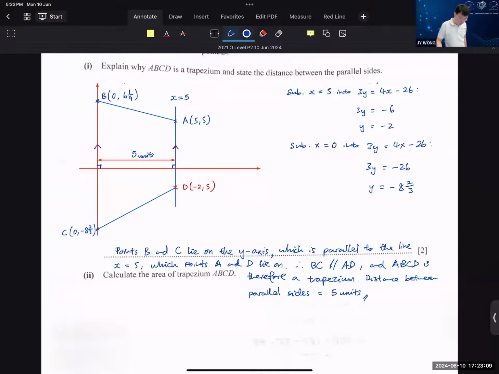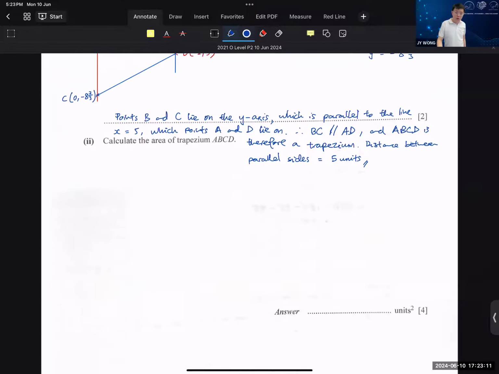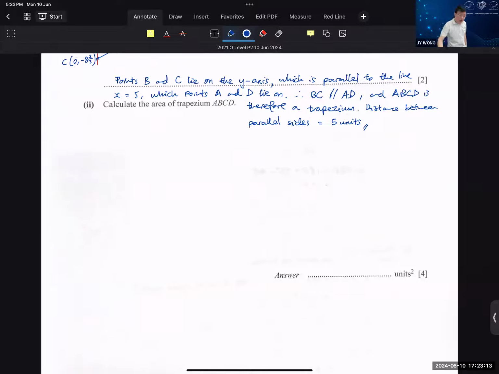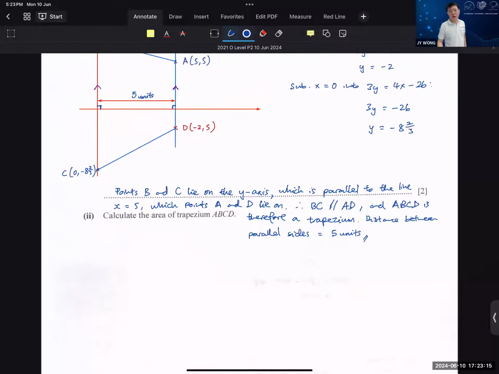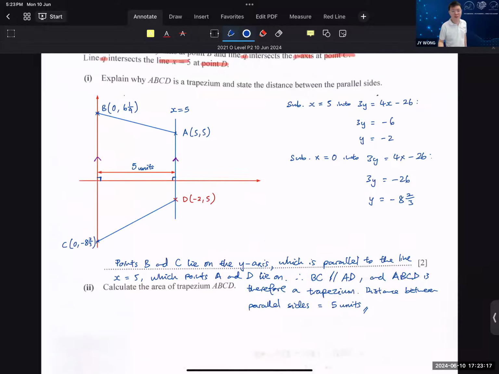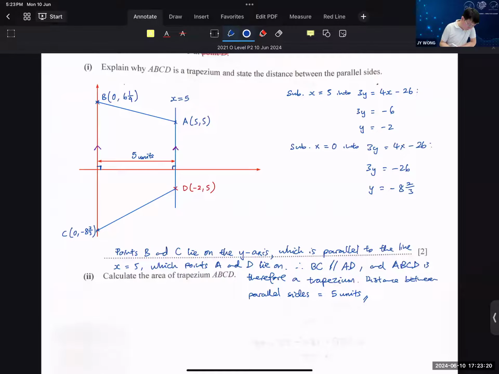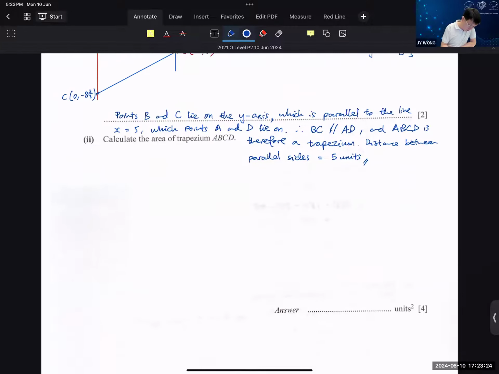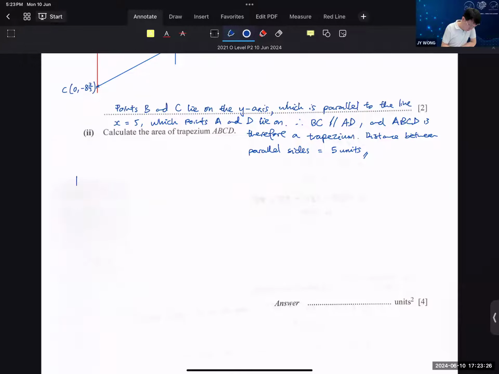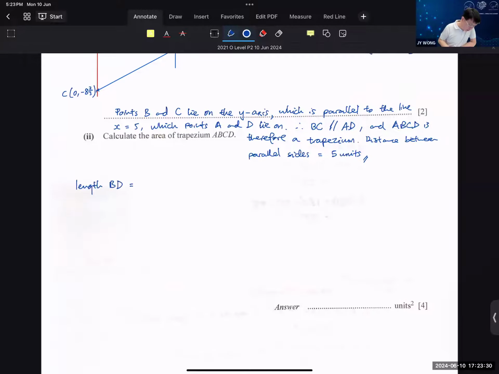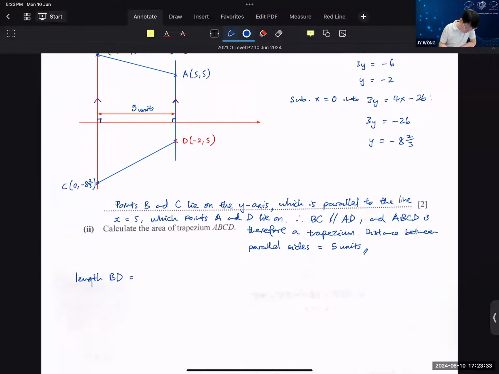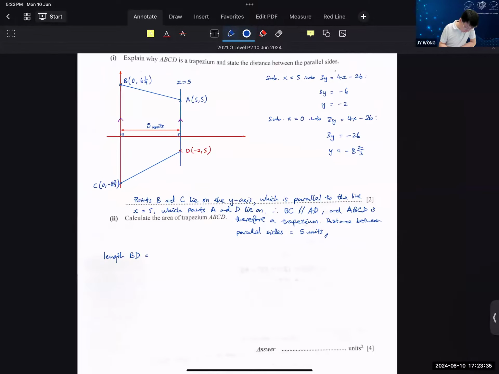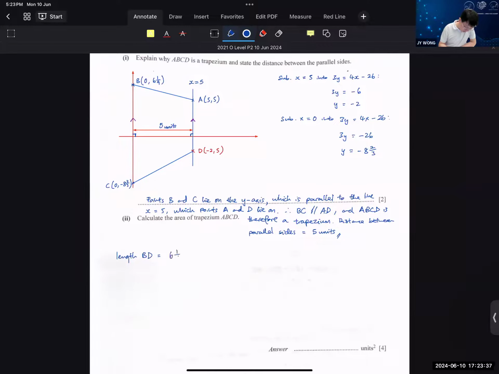And I guess if you think about it, where did the rest of the marks go? This question, part 2, is 4 marks. But if you drew out the diagram, you will know that this is definitely not worth 4 marks. Okay, so all you need to find is distance BC, so your length BC is just 6 and 1 out of 9 minus negative 8 and 2 out of 3, which will give you,